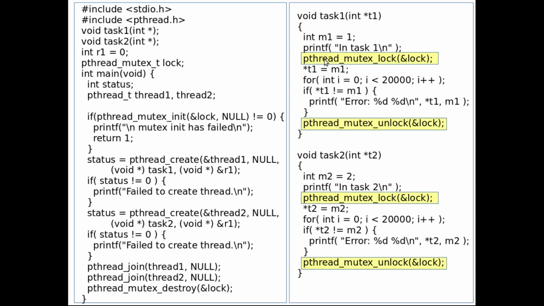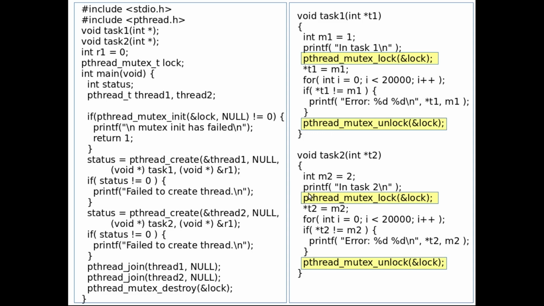first acquires the lock, then thread 1 will enter this section of the code where thread 1 will try to modify the common resource, and as thread 1 is working on the common resource, other threads will not be able to modify R1, because if thread 2 also tries to enter this section of the code, it first has to go through the lock call, and the lock is already acquired by thread 1.